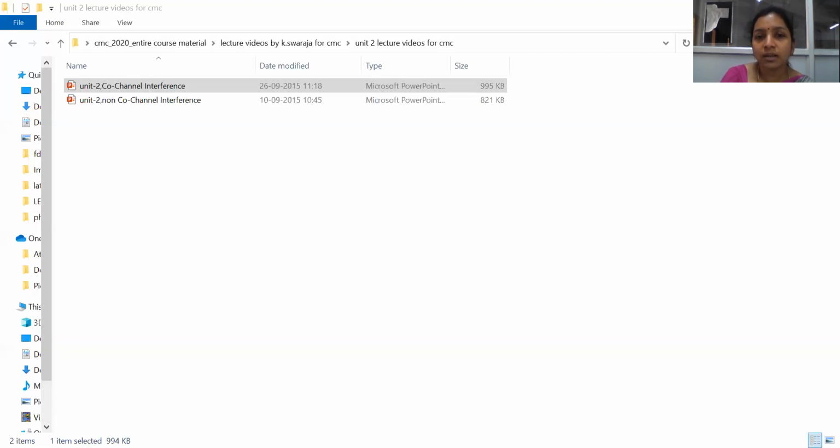This co-channel cell is at a distance of D, and this is at a distance of D minus R as it is nearer to it, and this is D, and this is at a distance of D plus R. It is far away from this. R is nothing but the radius of the cell. So this radius is also taken into account for calculating the distance of the co-channel cells. So this is the worst case of the location of the mobile cell.